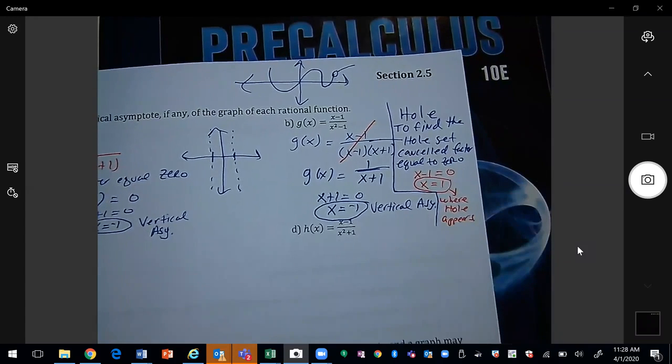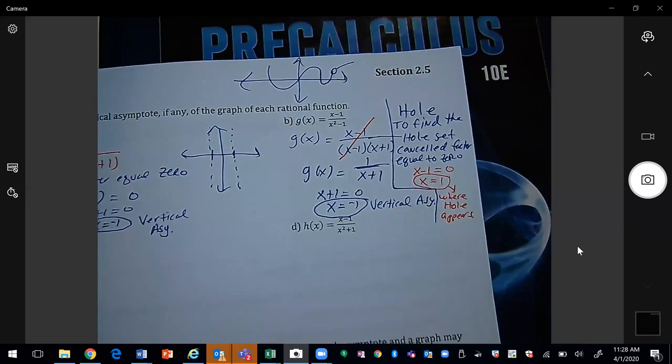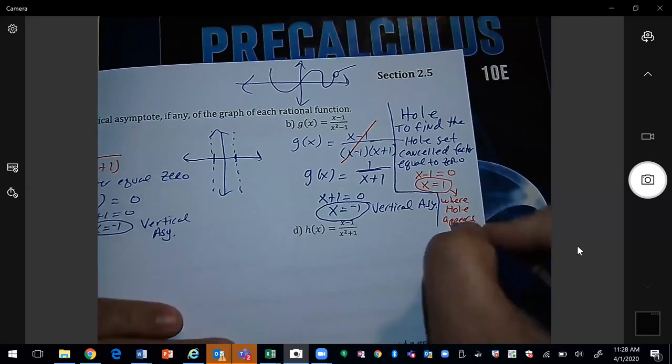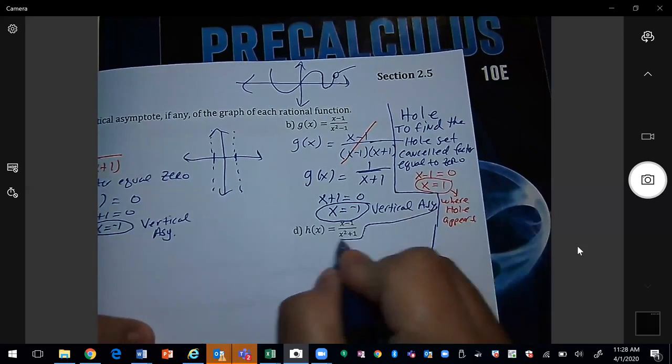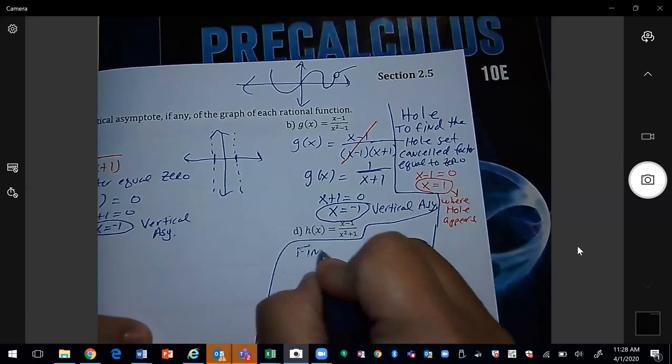Okay? But we want to know the exact location on the graph, so since we already know what x is, we need to find out what y is. So to find y, I'm going to come over here on this side. So to find y,